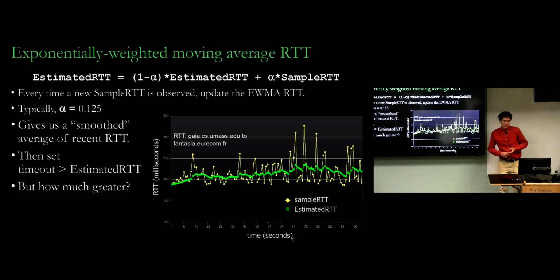So what's done in a really simple way to compute an average of something that varies like this is to use an exponentially weighted moving average. And the reason that's nice is because you only have to remember one thing. You don't have to remember all the history. You don't have to remember all these points. You just remember your previous estimate. So you have some previous estimate of the round trip time here.